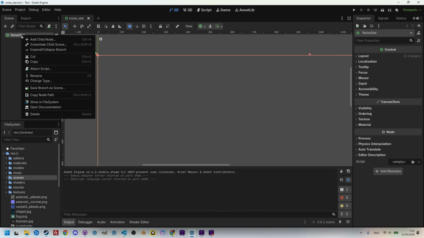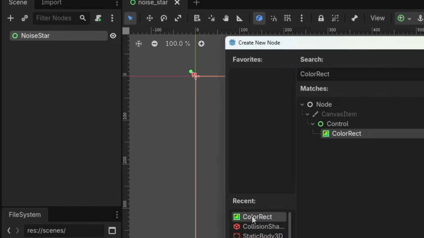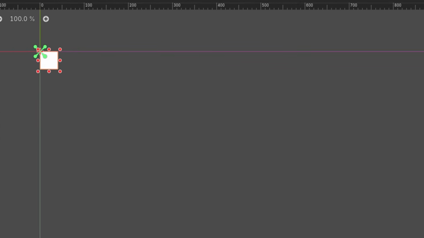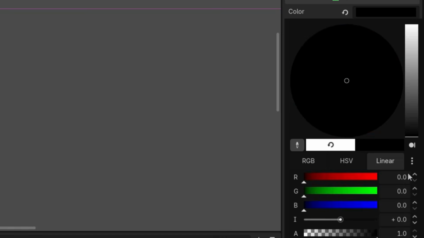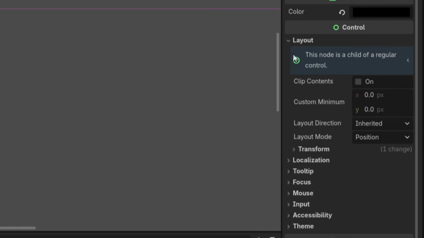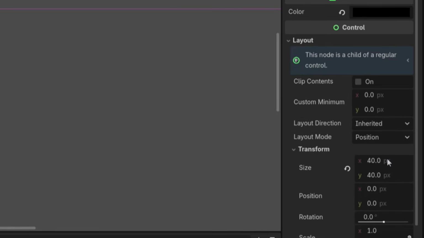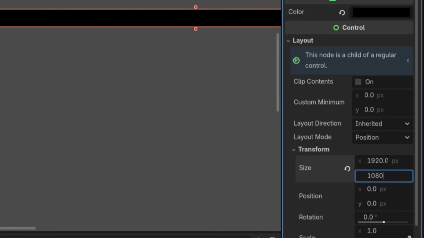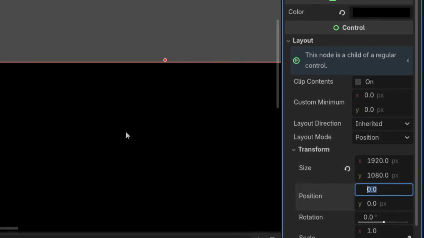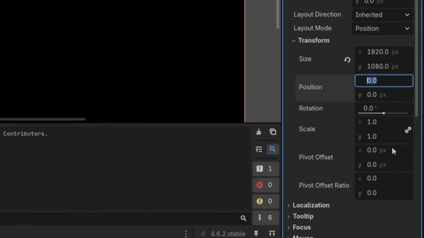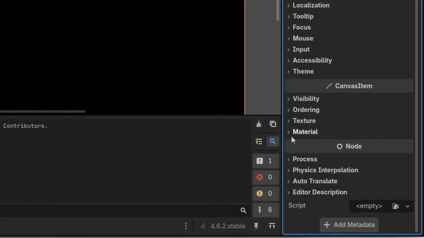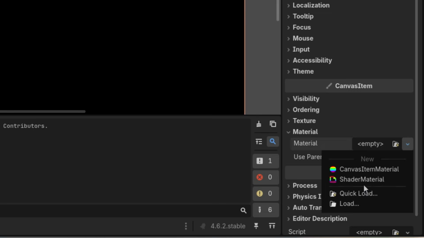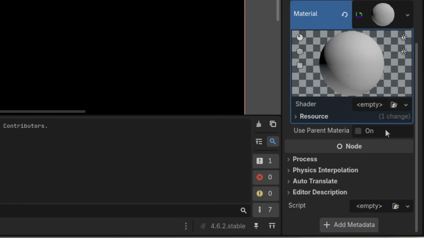Okay, and right-clicking the root node, add child node and ColorRect. In the inspector, I'll change the color to black, expand layout, transform, and set the size to Full HD, which is 1920 by 1080. Okay, and scrolling down to the materials section, creating a new shader material, click it and